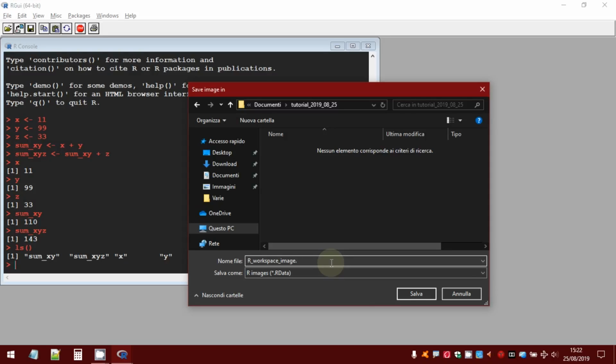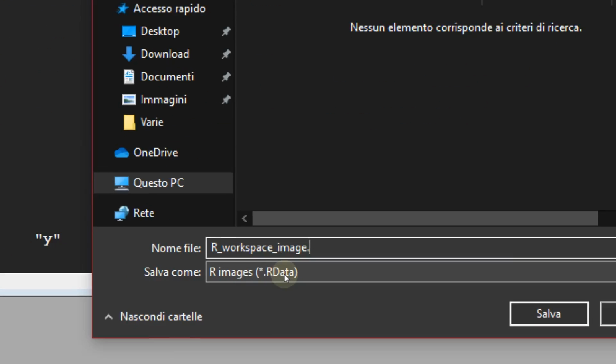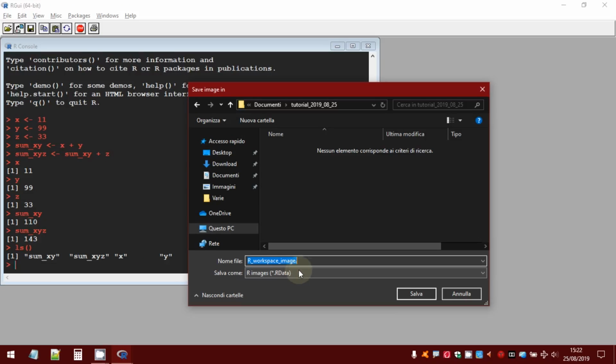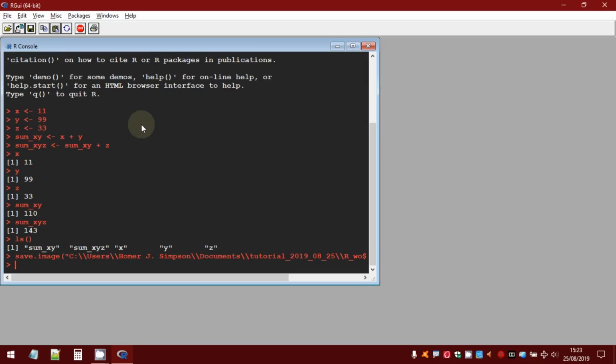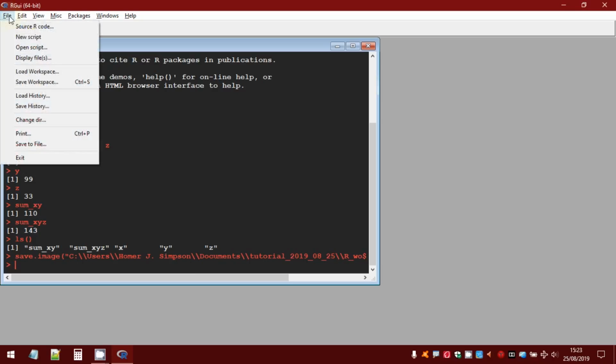Pay attention to the extension of the file. As suggested here, the workspace image has .rdata extension. Save. Okay, now I close R.